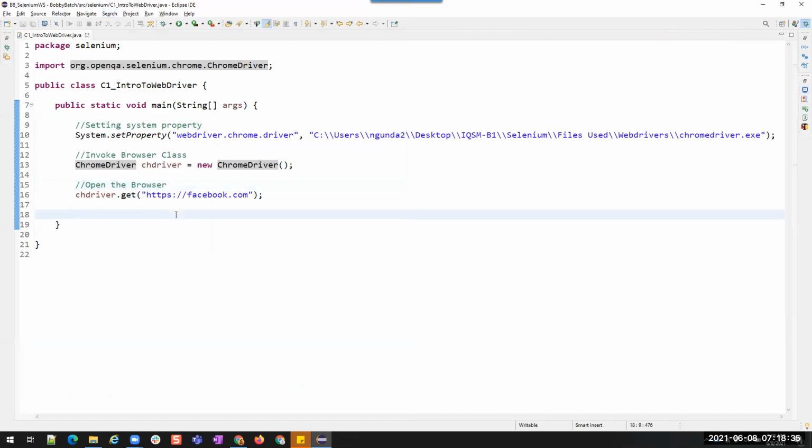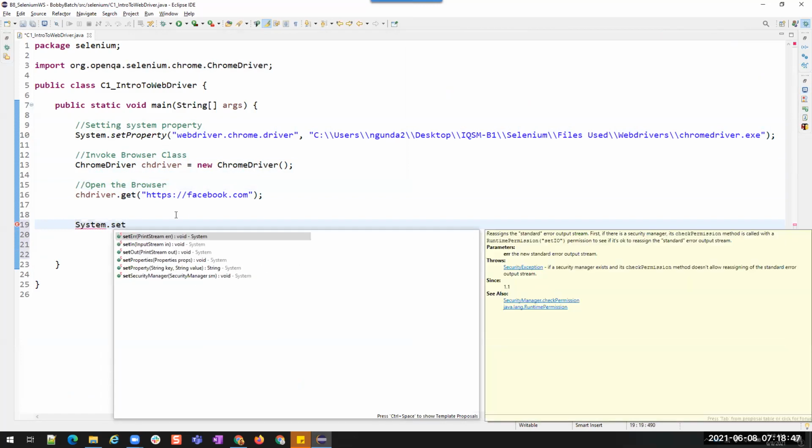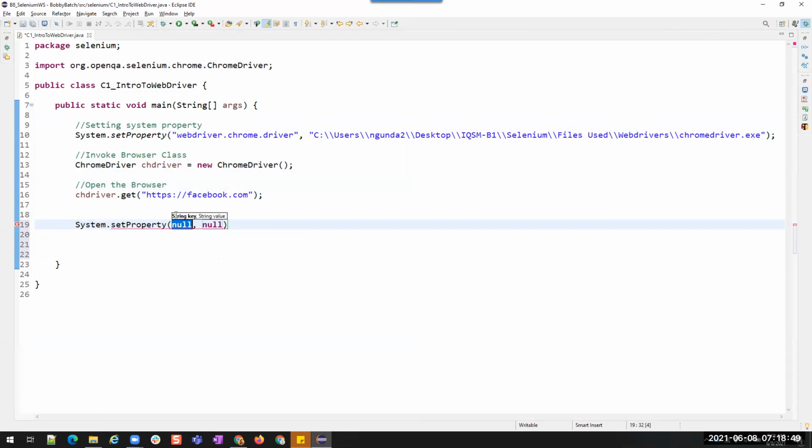Right. Now let us try the same for Firefox. Again, System.setProperty, which is taking two values. So here, webdriver.gecko.driver.